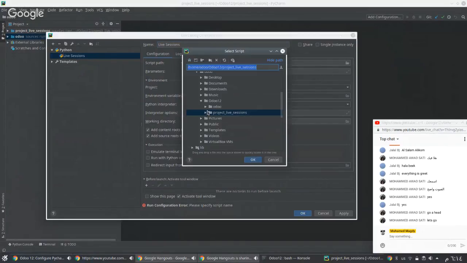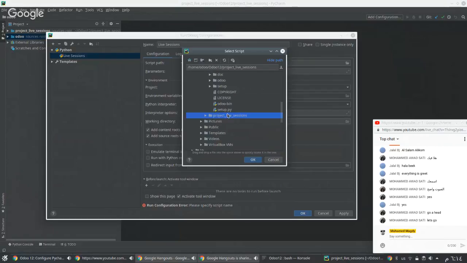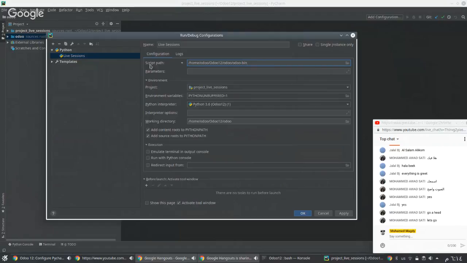I need to add the path for the script, which is odoo-bin. Then the parameters. I need to copy this. The parameters are about --addons-path equal to